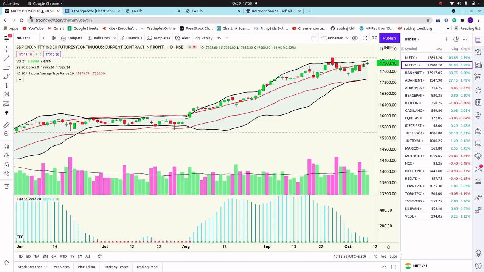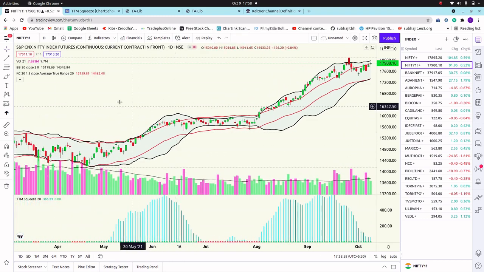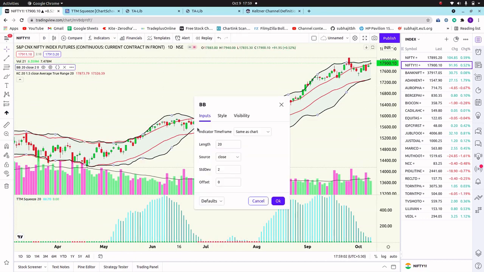Now look at the TradingView platform, the Bollinger Band is there. Let's look at the configuration. For Bollinger Band we are taking length as 20 and standard deviation as 2, and the color is black.